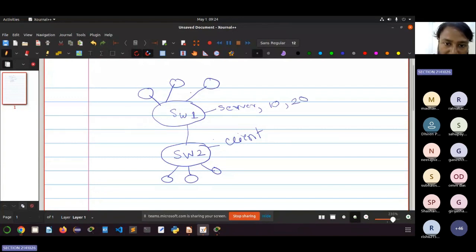Switch 1 का ये कंप्यूटर और ये कंप्यूटर 10 के अंदर आएगा, ये वाला 20 के अंदर आएगा, VLAN 20। स्विच 2 का ये वाला 10 के अंदर आएगा और दूसरा 20 के अंदर आएगा। So switch 1 में you have to create